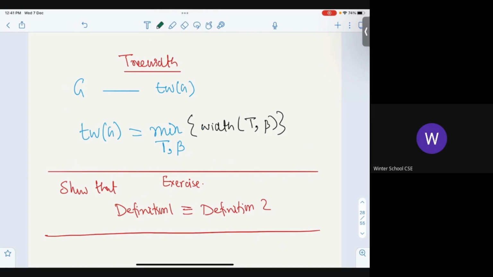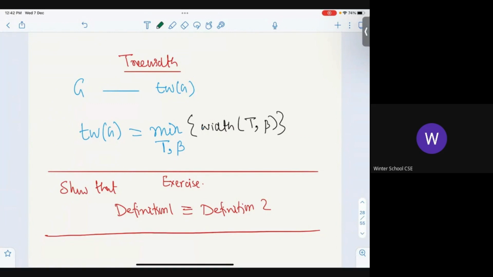And please do it. It's obvious. I have not hidden anything, but it's a good exercise. I told you if I have the home definition, how you can go to this definition, and if I have this definition, how will I go to the home definition? Very simple. The last property tells you what is your home. For every v, I know there is a subtree where it appears and that is connected. That is your home. Now with respect to that, define everything. So it's literally the same object. I have just given you both perspectives to play with.